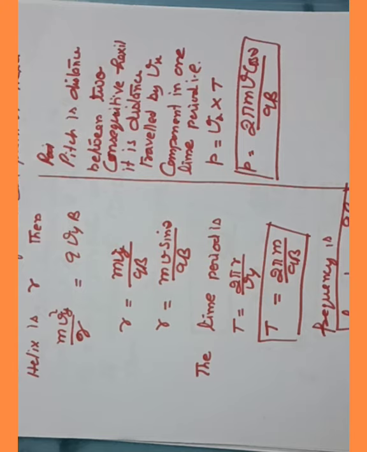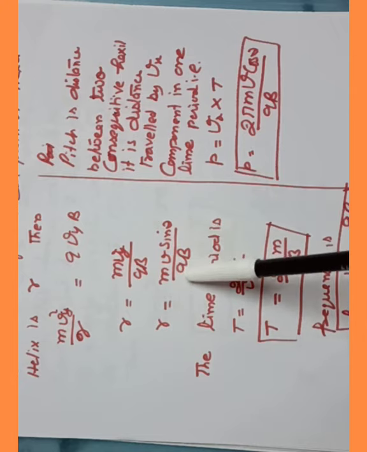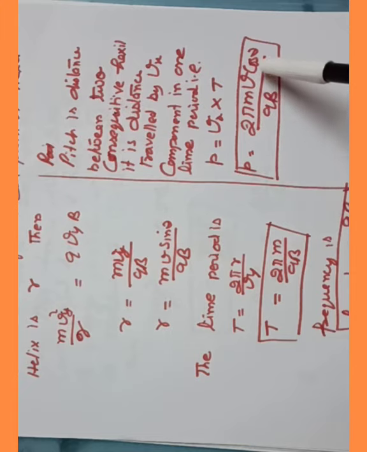Hope you have understood this. Then to recap, if the charged particle is moving along the field or opposite to the field, there is no force, and the path is a straight line. If the charged particle is introduced normal to the field, it experiences maximum force and the path will be a pure circle. But if the charged particle is introduced at an angle other than 90 degrees and 0 degrees, then the path will be spring-like or helical, whose radius is mv sin theta upon qB, time period is 2 pi m upon qB, and pitch is 2 pi m v cos theta upon qB.